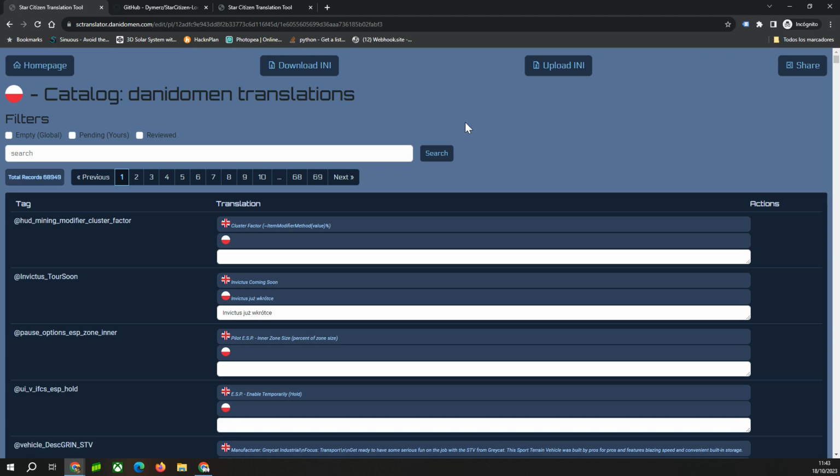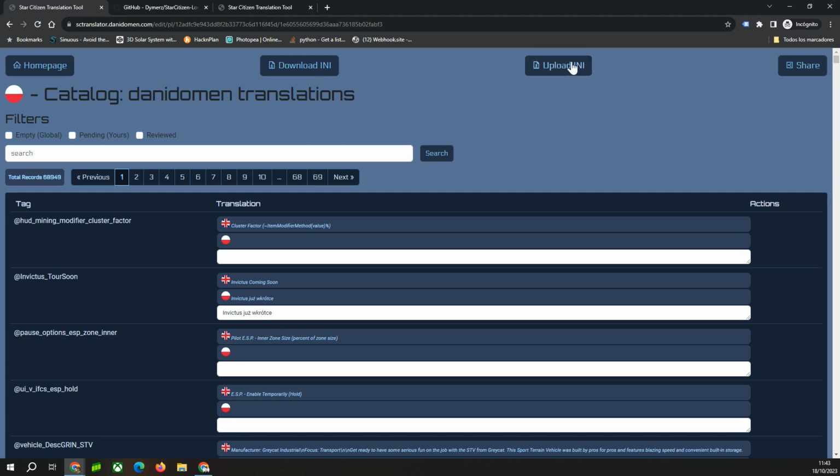Not only to download the translations, because now with the repositories of other Star Citizen comrades you can download the files, but a tool to help to translate and keep your translations always updated.